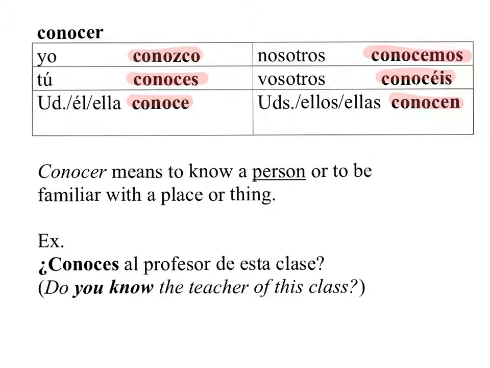Let's notice the irregular yo form, conozco, ZCO. We do that to make the letter C sound more like an S. Otherwise, it would be conoco. Okay. Conocer means to know